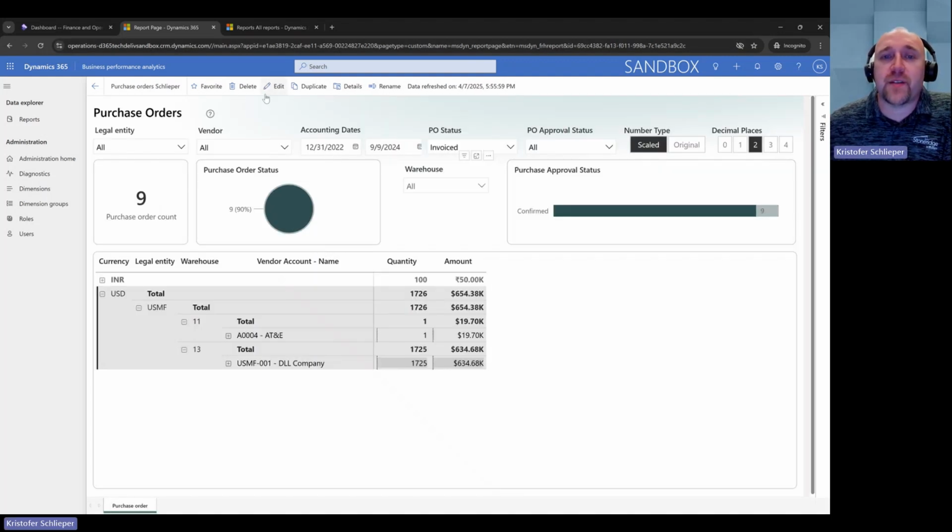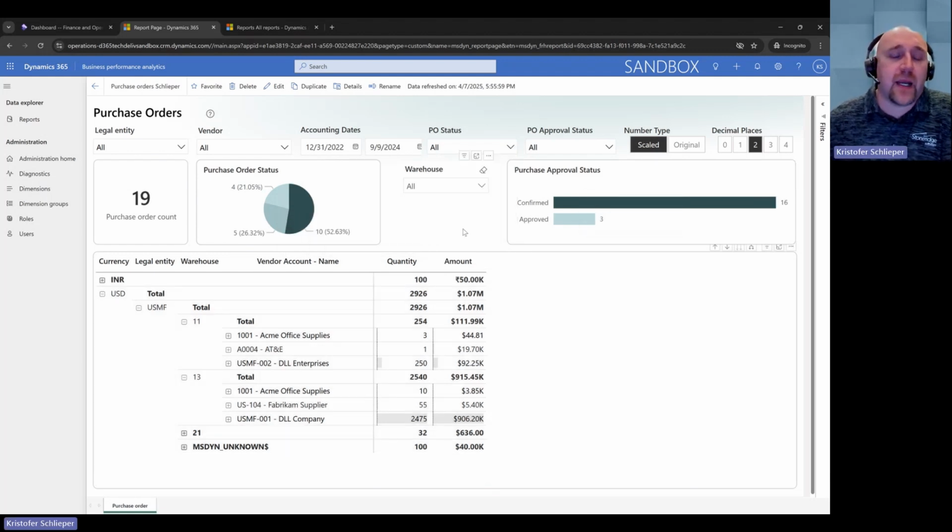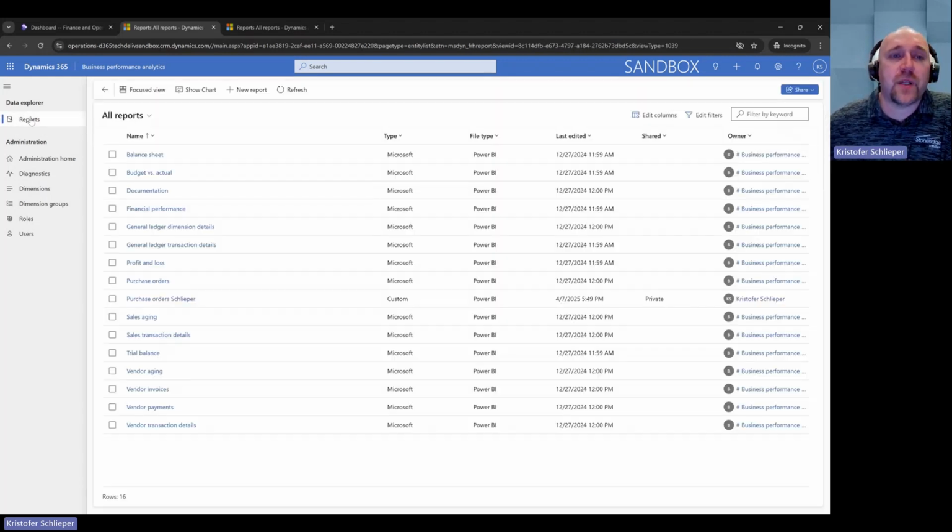And now I'm back out of the edit screen. And so now all the changes that I've made are now on here. So if I change this back to select all, now you can see I have my open orders, my received, and my invoice, and it looks like I had set it up, right? So here's me making that customization from here. Okay, so that's doing customizations